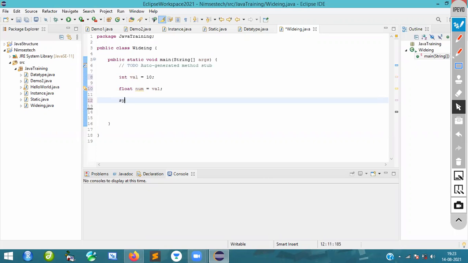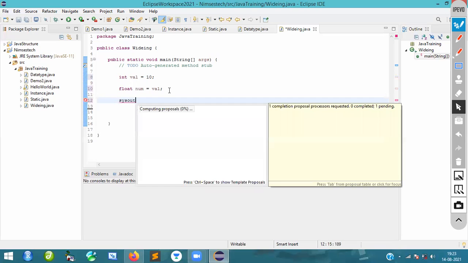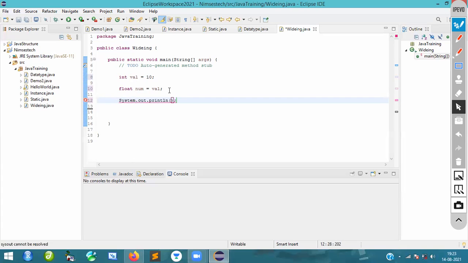Let's see the output. Sys out. Fine, so what is that? Num, the converted value. The converted or typecasted value, whatever it may be.